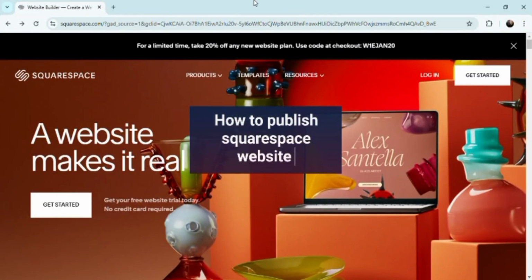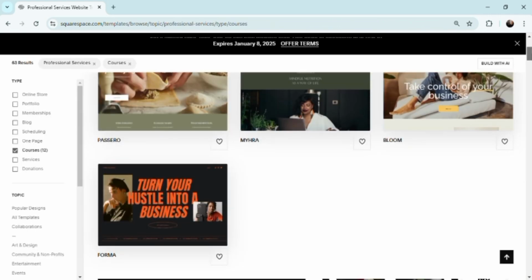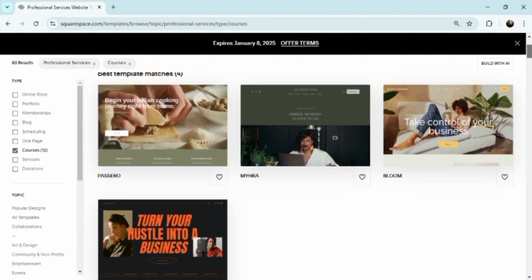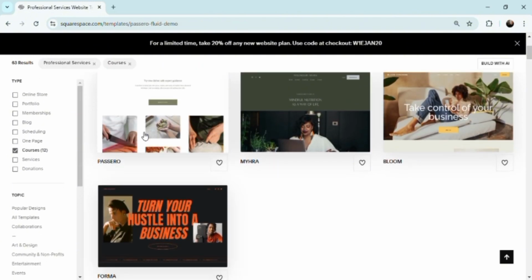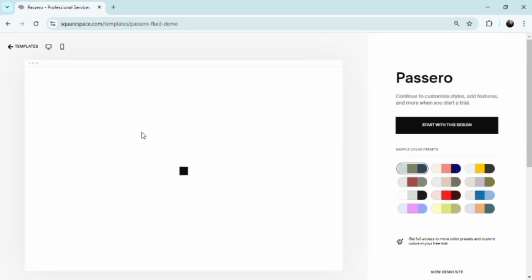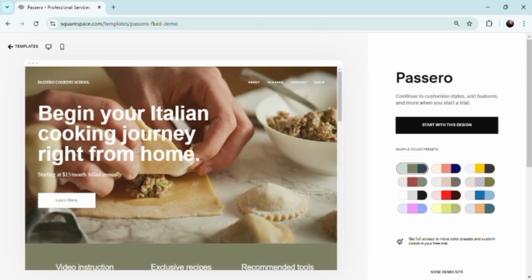So, how do you publish a Squarespace website? It's going to be really simple. First and foremost, building your website, there are templates that you can choose from. You can choose AI-built or pre-made templates. So, let's say you chose this one right here, you're going to be